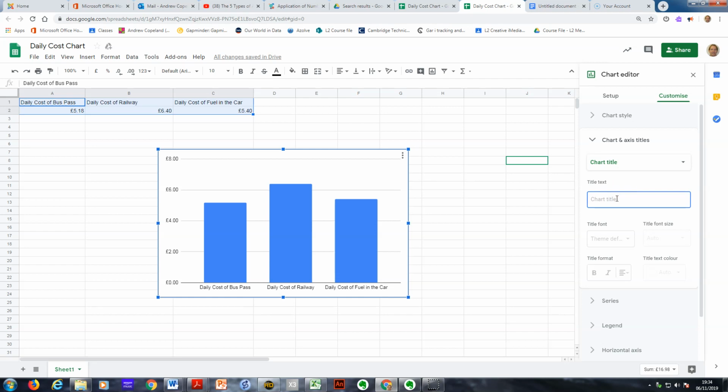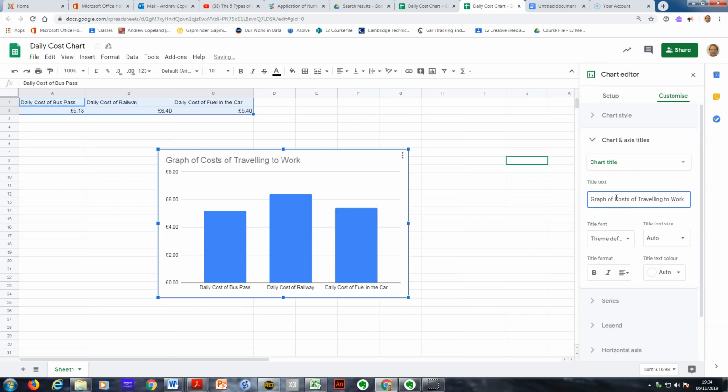So I'll put a graph of costs of traveling to work. And you can see that actually adds that as I'm putting it in,